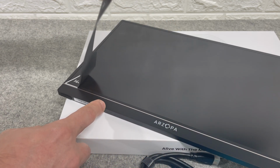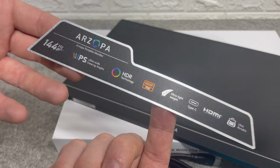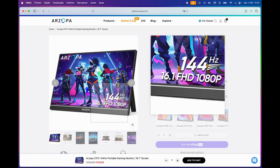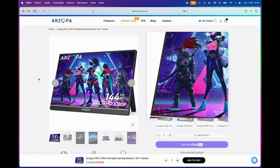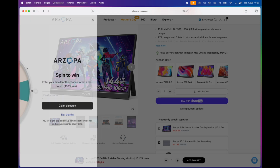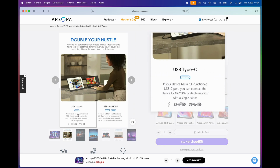testing. But before that, let's take a look at the main features of this monitor on the ARZOPA website. I think it is fair to say that the standout feature of this monitor is the 144Hz refresh rate on the 16.1-inch Full HD panel with its 1080p resolution, which makes this monitor an excellent option for gaming. In terms of connections, there isn't much to add. As I mentioned earlier, we have two USB-C ports as well as a mini HDMI port to connect this monitor to